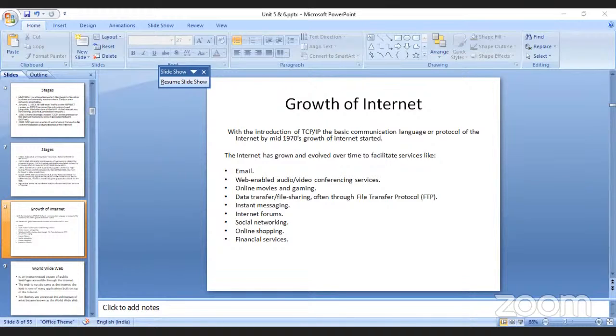Text hyperlink is the link. I am explaining you here once again. Text hyperlink is the link that takes users to another page, file or document by using a word or phrase. As I have told you, a word or phrase, if you click on it, it takes you to the other page or file. Image, again, it can be directed to another page or file or document. When you click on the image, it takes you to another page, file or document.